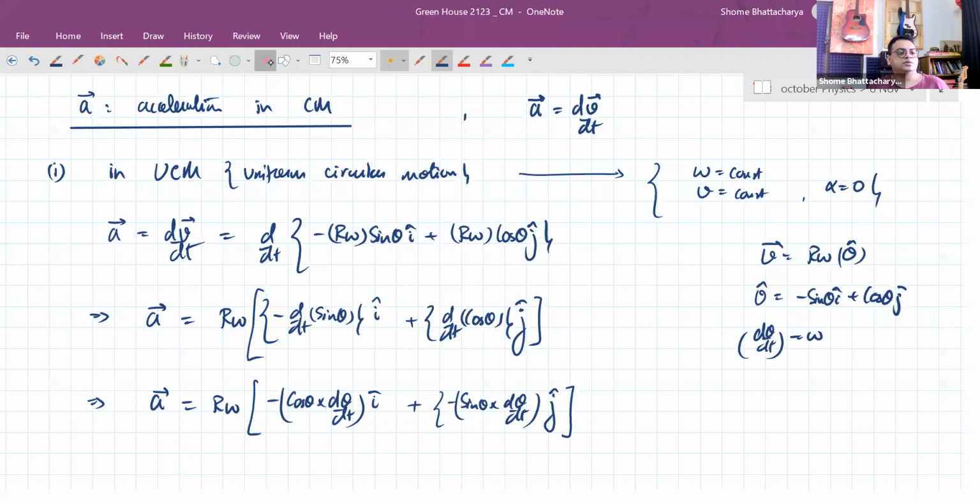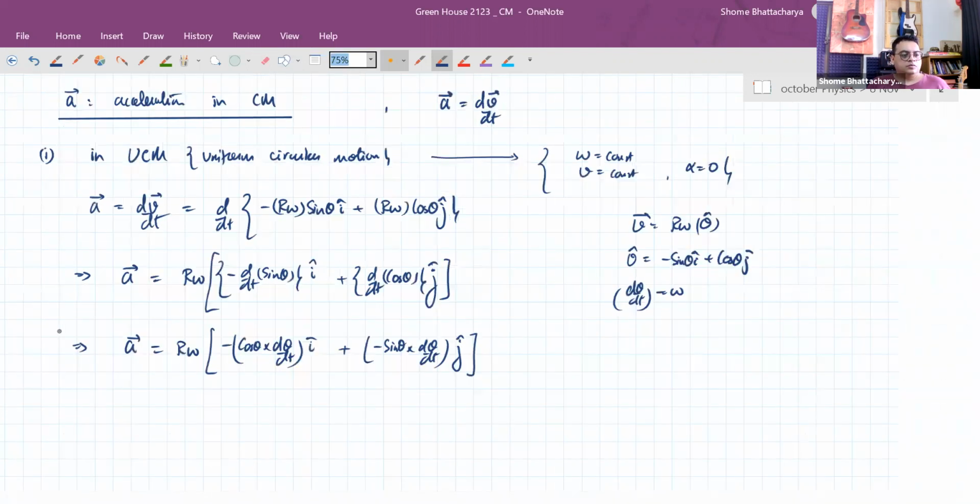So this term becomes like this. And d theta by dt is omega. So further this gets simplified to